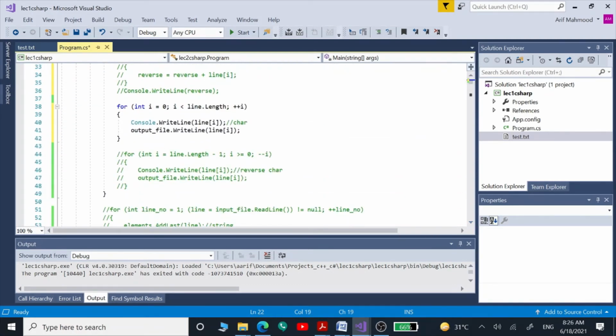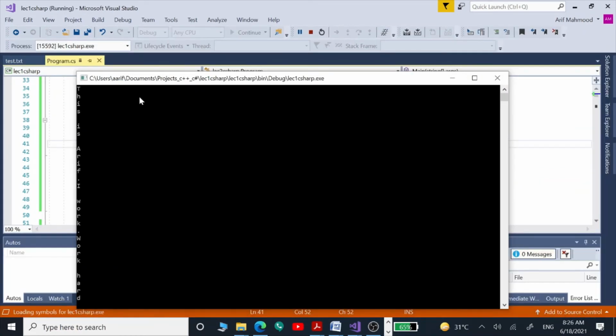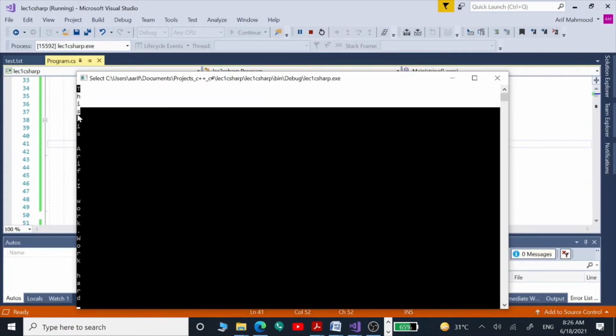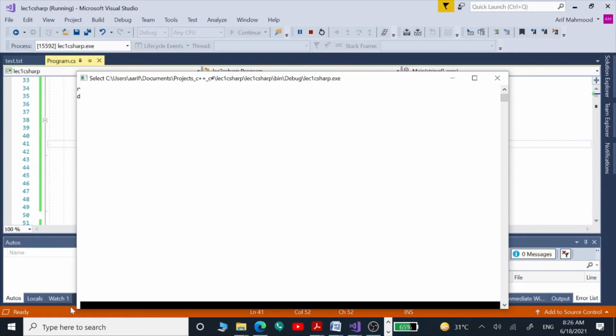So this for loop is going to run from the 0th character till the last character in our file, and we are going to display those into the console window in the straight order first. So let's see our output first. So we can see each character starting from the first line is in the straight order.